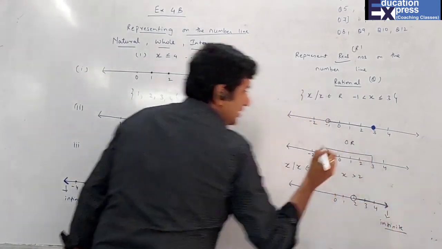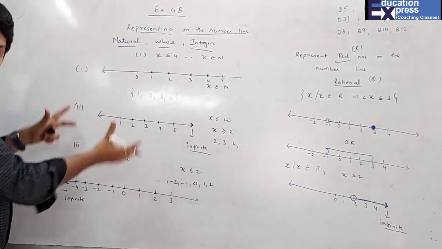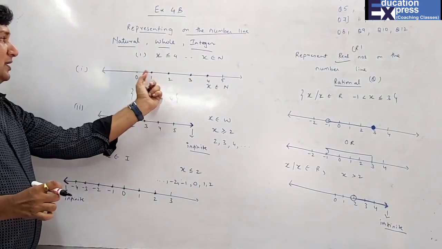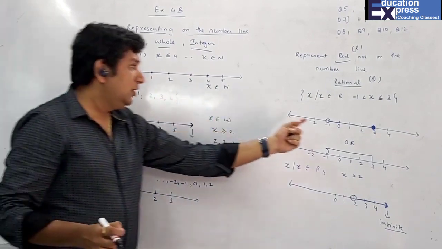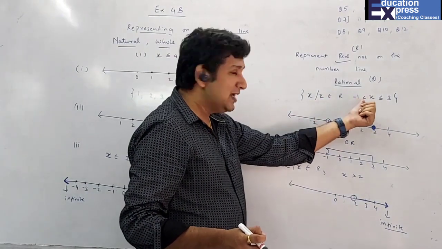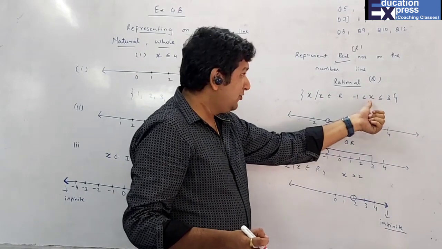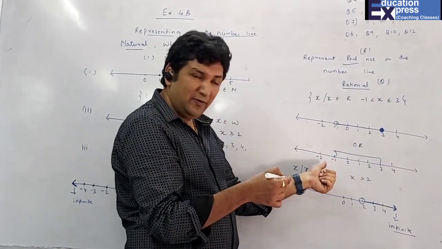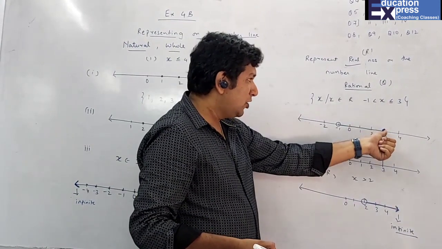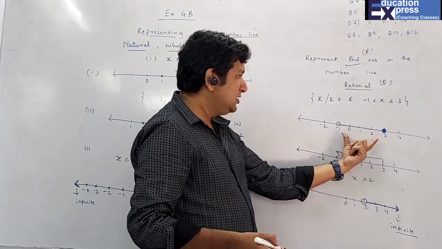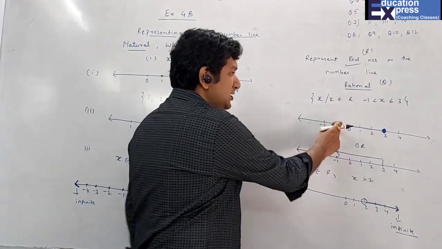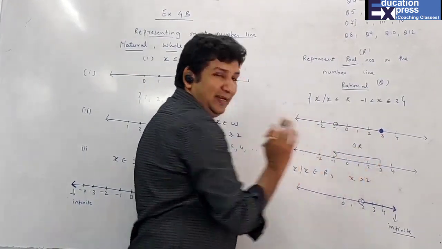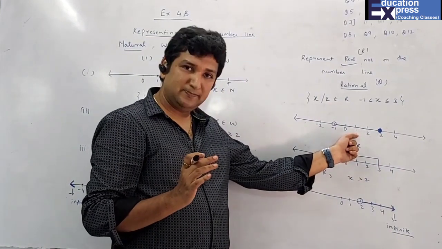Infinite. So you understood natural numbers, whole numbers, integers. You have to just mark all the numbers, nothing in between. But here you have to mark from where it starts, where it ends. If it's an equal to sign, then a solid circle, or you can also use a curved line. If it's not equal to, then a hollow circle. That means either use this two or this two, you cannot use this and this or this and this. If you are using circle, you have to use the circle rule, or curved or straight line. But we'll always go for this.